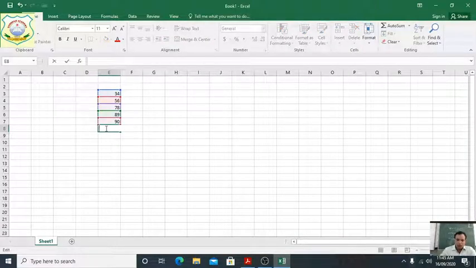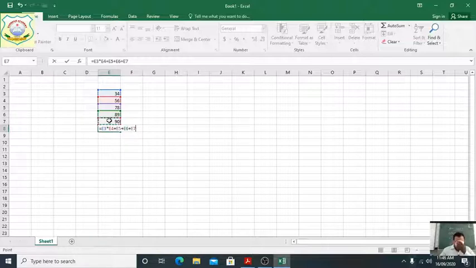Suppose, students, equal sign, this symbol we have taken. Suppose multiply. Now the next one, then plus. The next one is here, plus. The next one, students, now here plus sign.